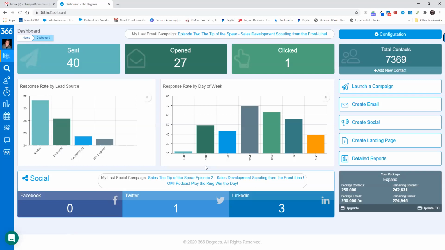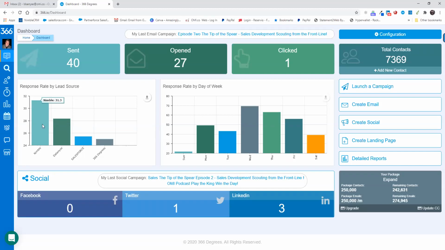So it's going to look blank, and you're going to kind of wonder what's going on. But just to define what's happening, your last campaign that you run will automatically show at the top, and it's going to show just some basic information for you to get a checks and balances of what's happening. So what was sent, what was opened, what was clicked, and then you're going to see some basic graphs,